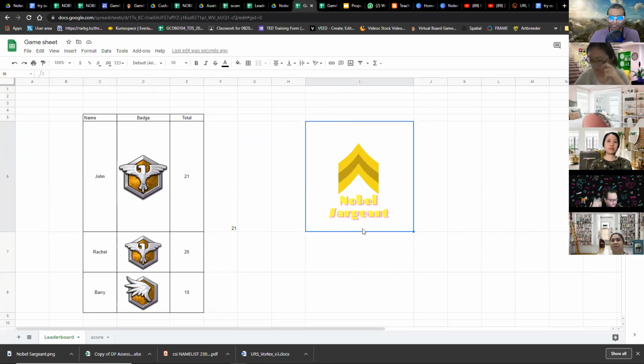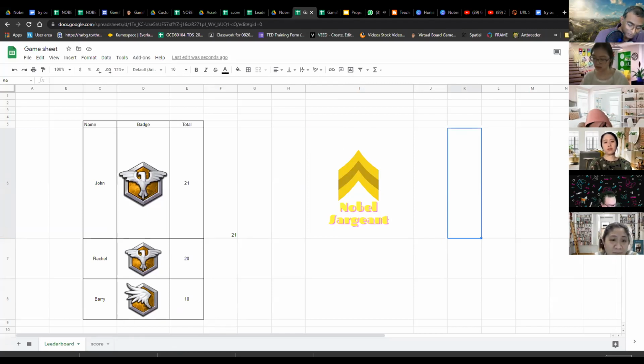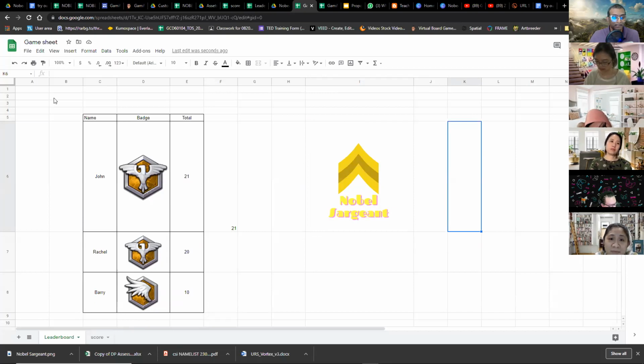But you see, the problem with this is that because it's an A4 size, the entire icon or badge has too much white space around it. Maybe it needs to be cropped before you bring it in. And cropping this is very easy. You can even crop it in Microsoft Paint. Just go to Paint, bring the file in here, open,